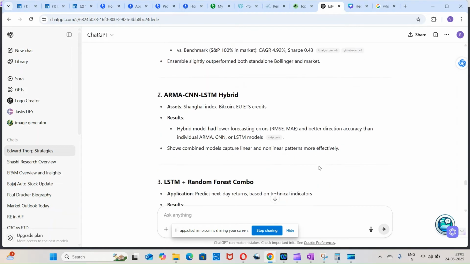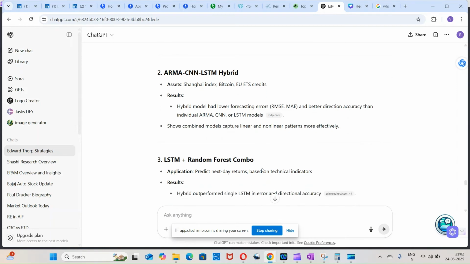ARIMA, CNN, LSTM model. So three models are mixed here: ARIMA, CNN, and LSTM hybrid. The assets tested are Shanghai Index, Bitcoin, and EU ETS credits. Results are the hybrid model had lower forecasting errors and better directional accuracy than individual ARIMA, CNN, or LSTM models. And this shows combined models capture linear and non-linear patterns more effectively. So it basically outperformed each individual model, reduced the forecasting errors, and was better in terms of